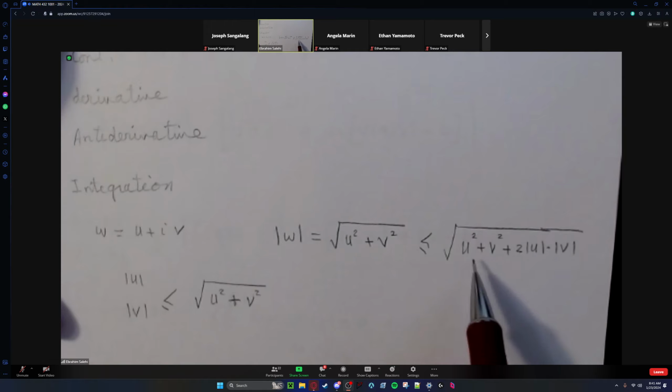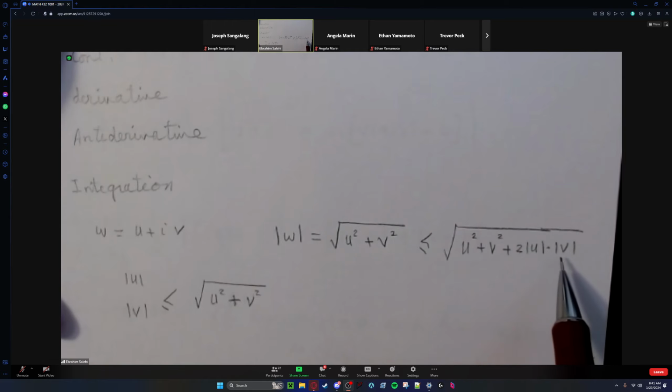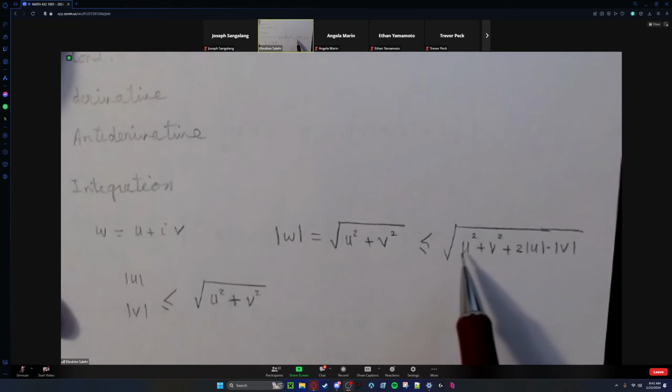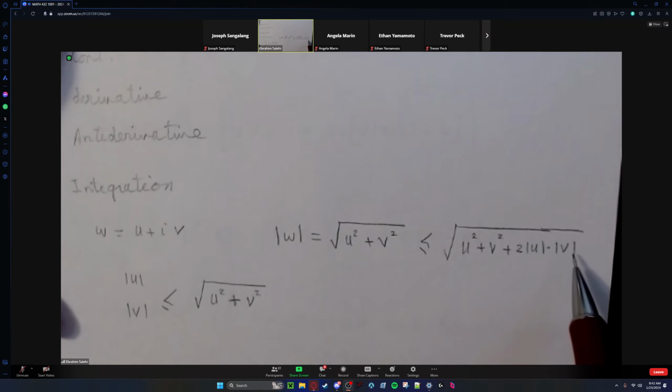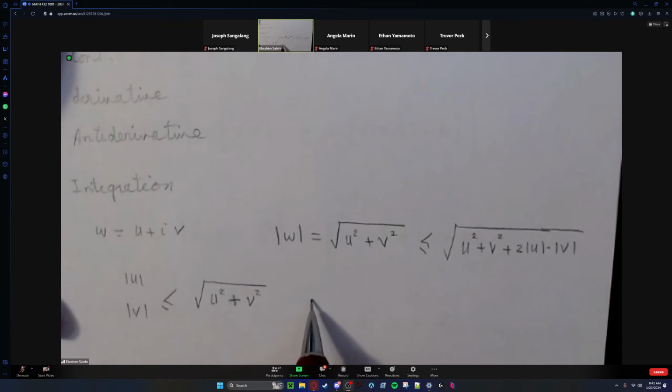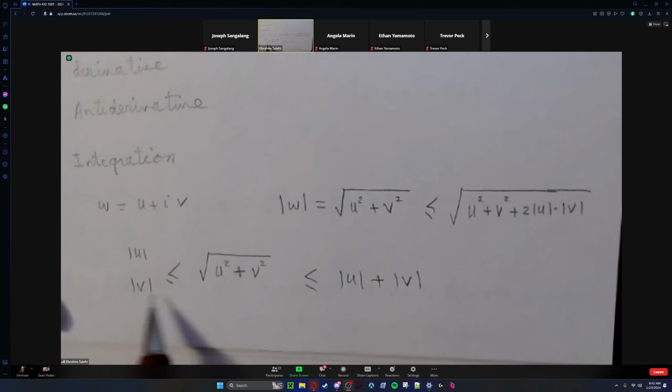If I do such a thing, right here, under this radical, this is a perfect square. And this is actually (|u| plus |v|) squared. And then you take a square root. So you will get |u| plus |v|, right? This is the inequality that I'm going to use to talk about